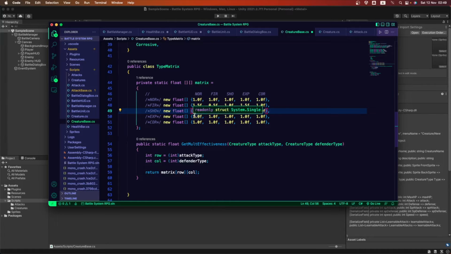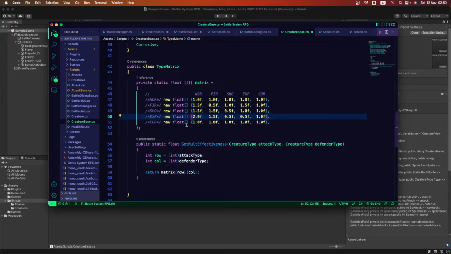So an explosive creature is gonna be doing, let's say, we're gonna be using a 2 here because this should be the explosive attack. This should be very powerful against a normal type of creature. Okay, so there it is. And against a fire type of creature, yeah, 1.5, that would be okay. Against a shock type of creature, let's set this one to 0.5. There it is. And also here, as I said, the same type of creatures, yeah, maybe 1.5, or maybe if we added an explosive, no, let's leave that one. We're gonna keep that rule.